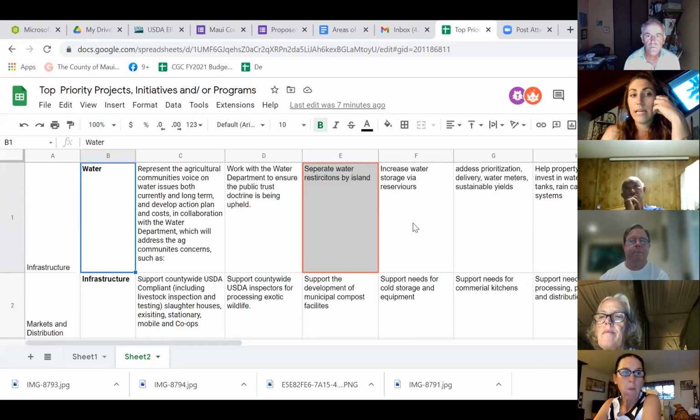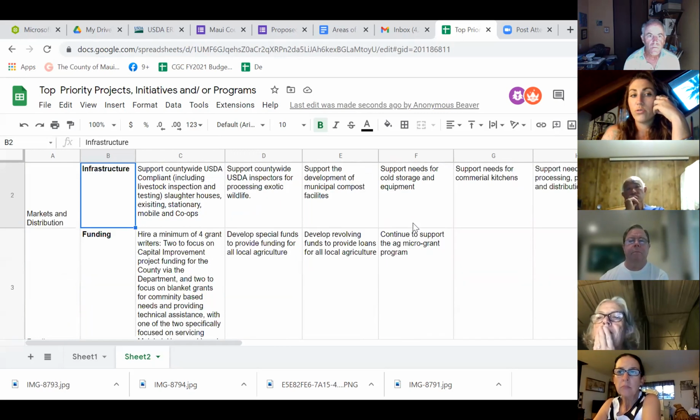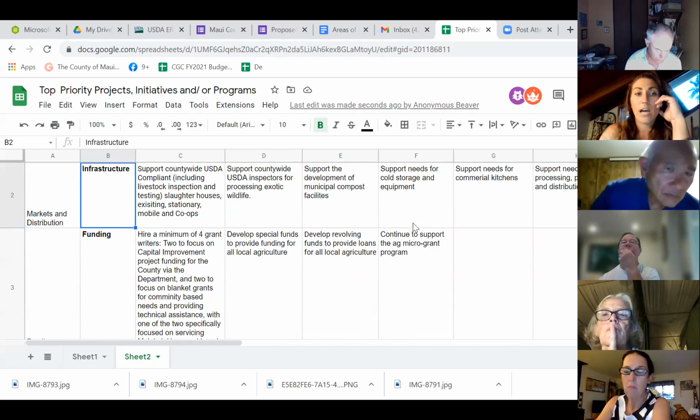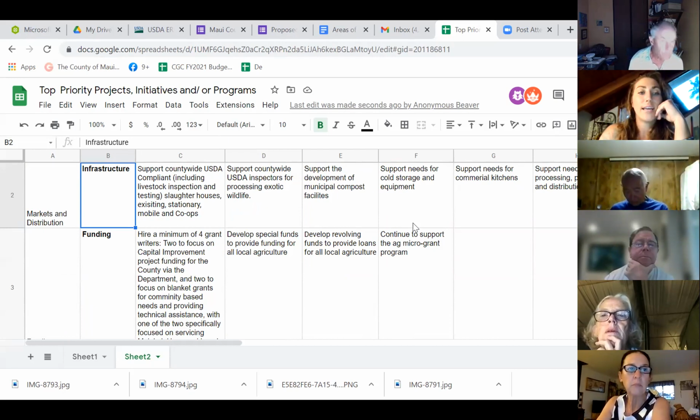Okay, do we have anything else for water, or can we move to infrastructure? Let's move. Okay, so for infrastructure, the first one we have is support countywide USDA compliant, including livestock inspection and